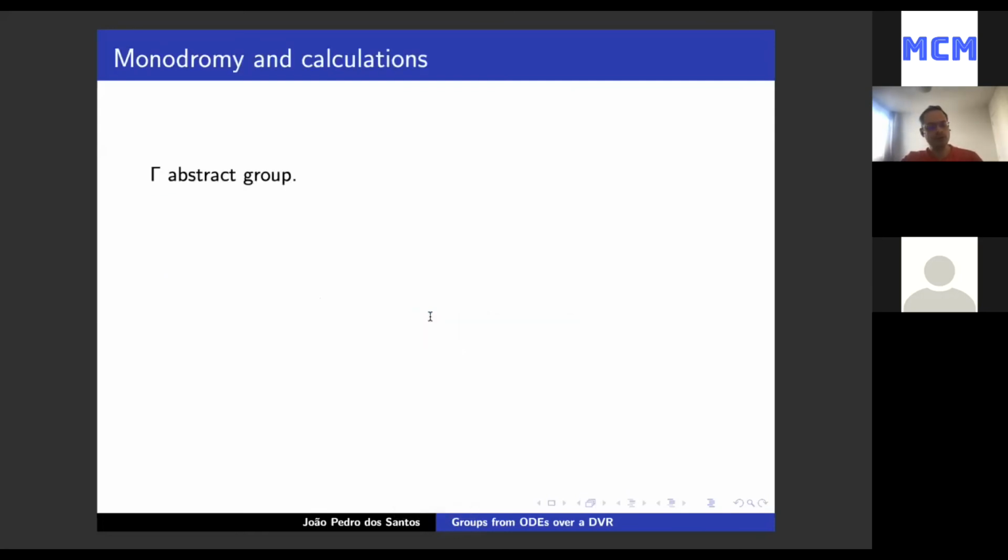Okay, so now I want to calculate. I reached the final part in which I want to calculate things. So how is the Tannakian theory over a DVR going to be applied in case of an abstract group? You have an abstract group and a representation, and you want to be able to detect what is the